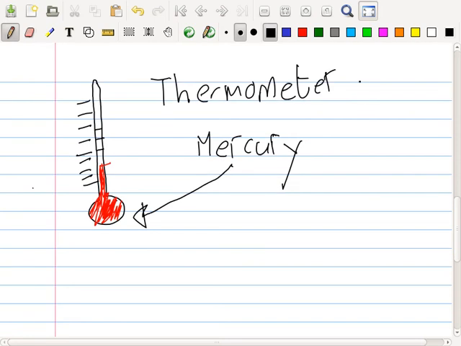Did you write these words down? Thermometer and mercury. And the scale is here. So Ted, what is the name of this? Thank you, Calvin. And Xingdong, what's the name of this? Celsius. Yes, Celsius, of course.